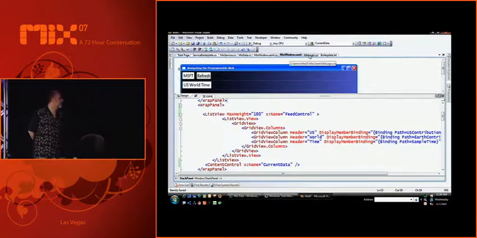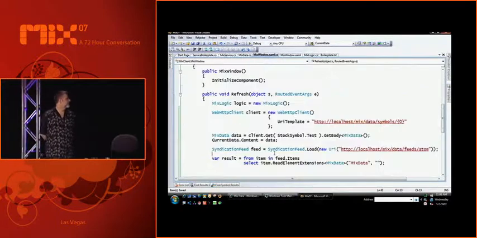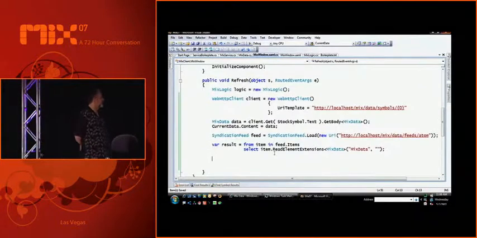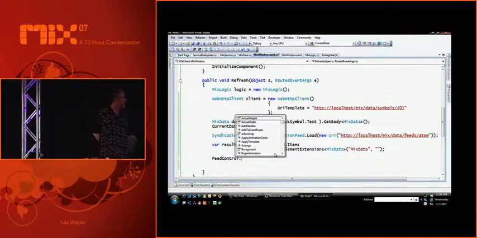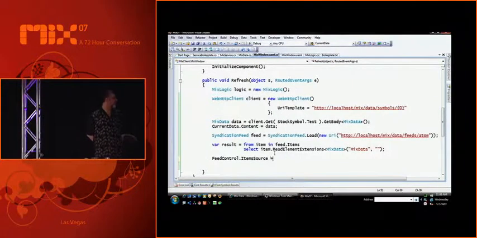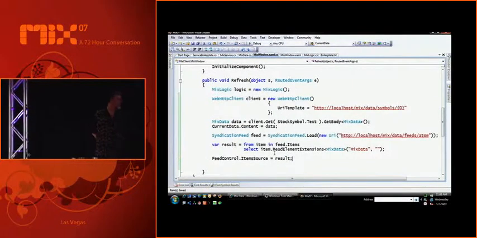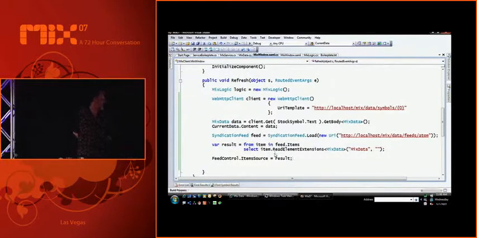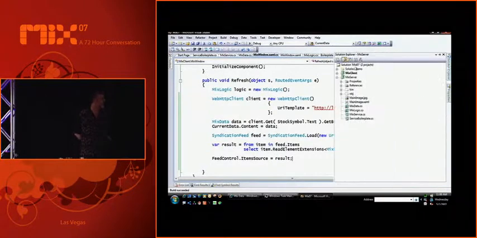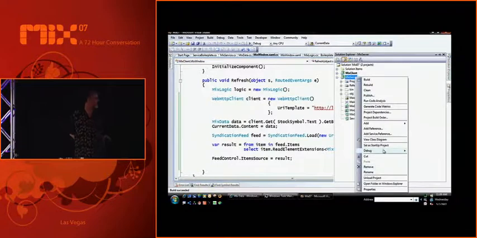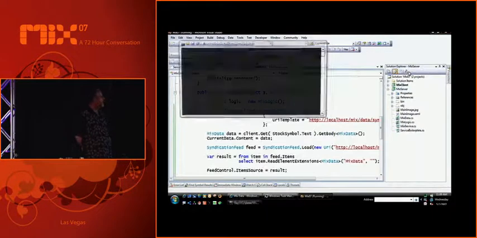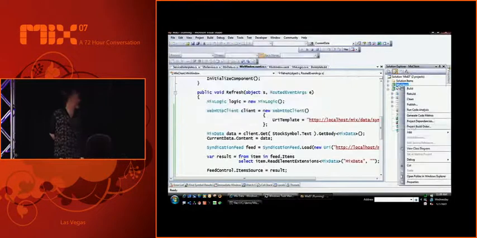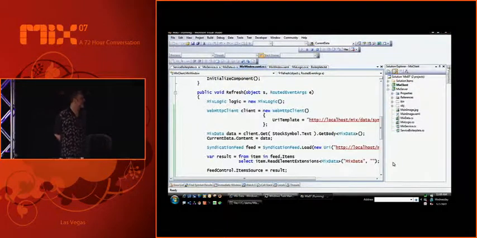So if I come back over here into mixwindow.xaml.cs in my code behind, I can just say feed control.items source equals result. All right. I'm going to go ahead and start my server. And I'm going to start my client.